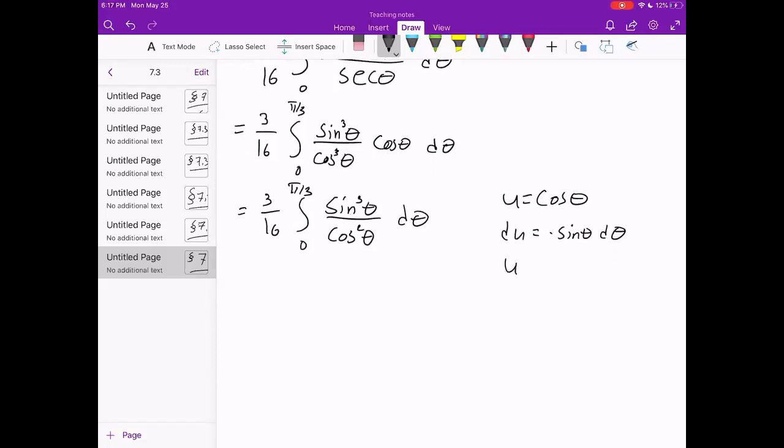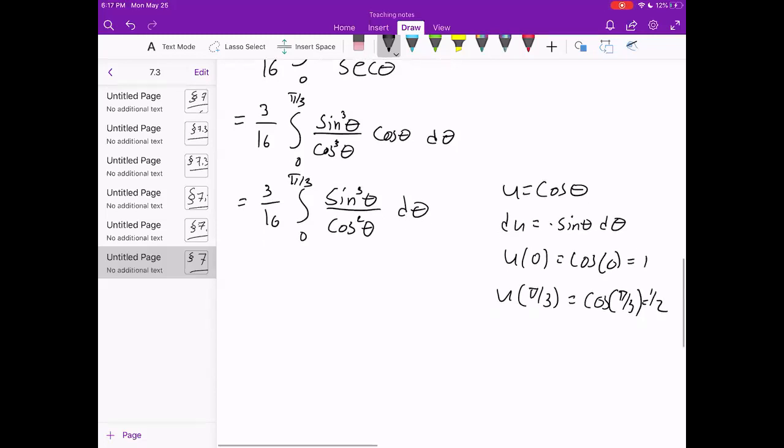And we can change the bounds on our integral if we want. We can do u of 0 and u of pi over 3. So cosine of 0 is 1. Cosine of pi over 3 is 1/2. So this is 3/16, the integral from 1 to 1/2 of